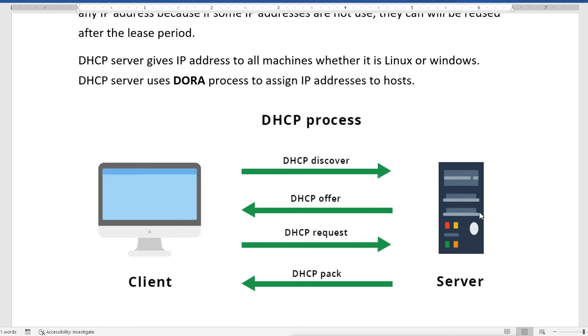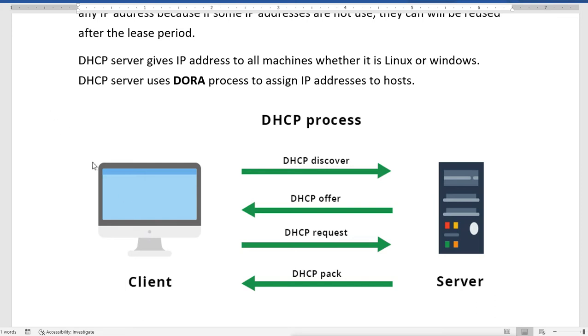Now the DHCP server doesn't know about it. It feels like this IP is available for use, and if someone asks for an IP which is already configured manually, the DHCP server may give that IP to the client. Now the client will use the IP. When the client applies the IP to the interface and enables the interface, then the client knows that this IP is already used on some other machine.